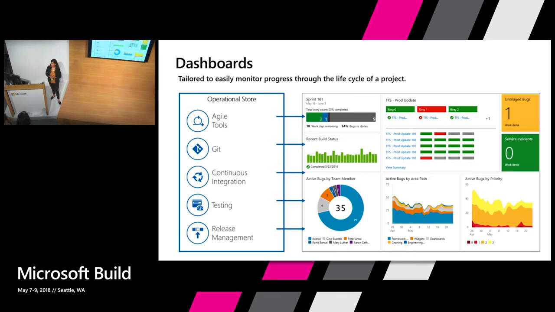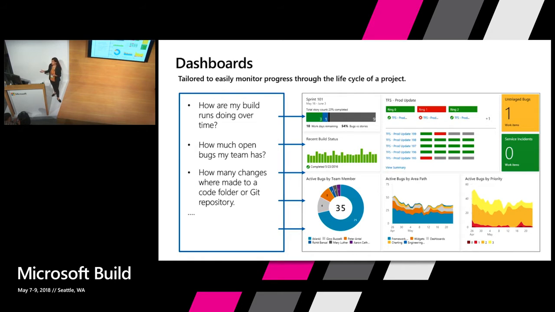You can start benefiting from the data that you have on your VSTS right away with dashboards. Dashboards are a tailored experience where you can bring in a variety of widgets to help you get insights on what's going on with your project. It can be widgets that are across all the verticals, so we have Agile, Git. You can answer questions like, how are my build runs doing over time? How many open bugs does my team have? How's my sprint going? And many, many more questions, very easily, by dragging and adding widgets